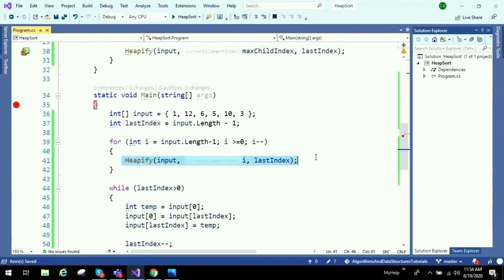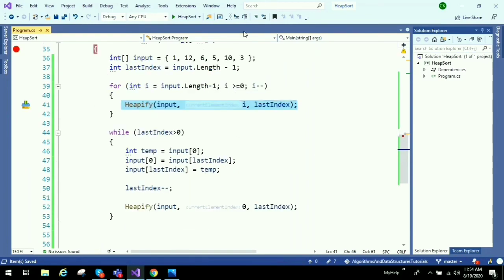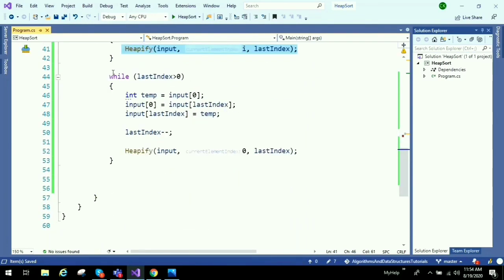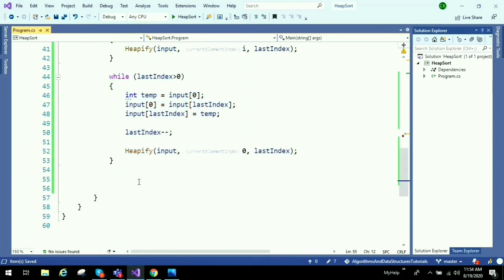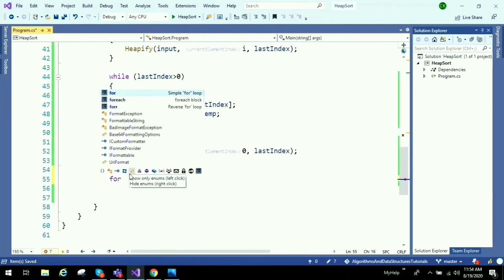We have constructed a heap tree by applying heapify on each element of the input, and then we repeatedly delete root node, and now the input array should contain elements in sorted order. Let's display that and see whether it is working fine or not.